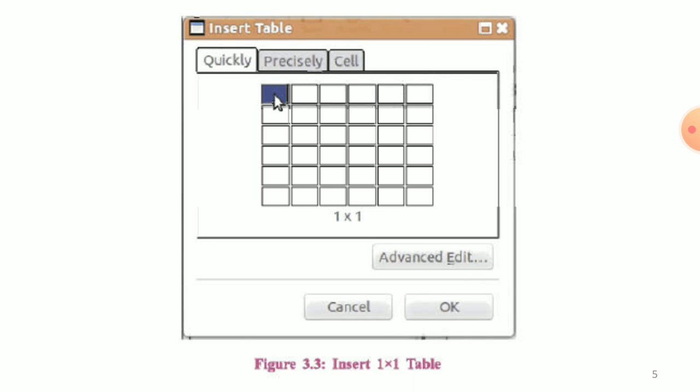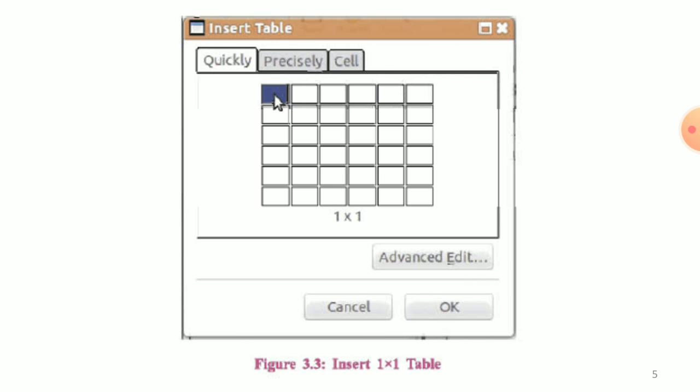To create the website, various designs which are known as templates are freely available on the internet, and we can easily download the templates and customize them as per our needs. So let us start. To start with the designing of the home page, open Composer and create a new web page. To organize all the content and the images related to them, we will insert a table with a single cell as shown in figure 3.3. The table will contain all the text and the images related to the website.